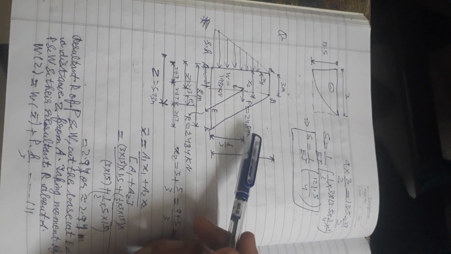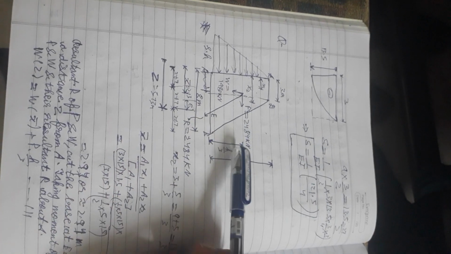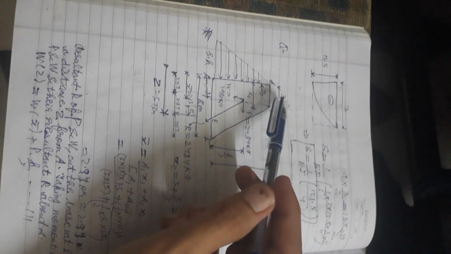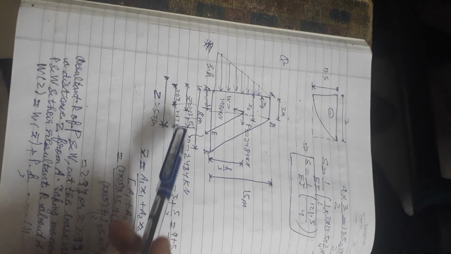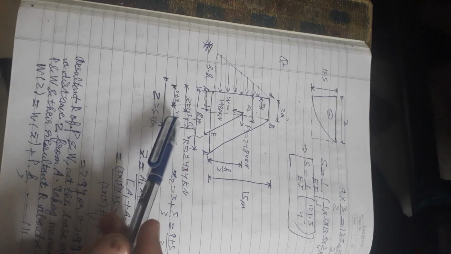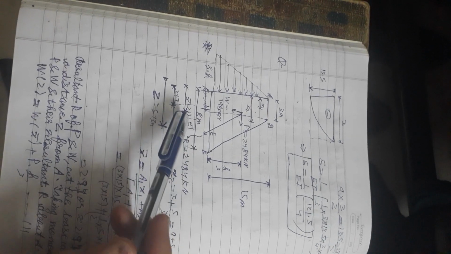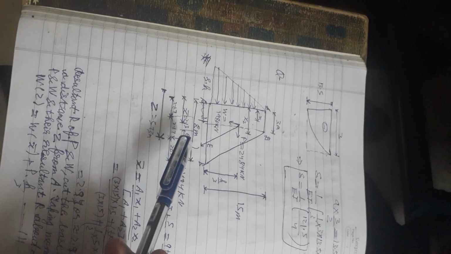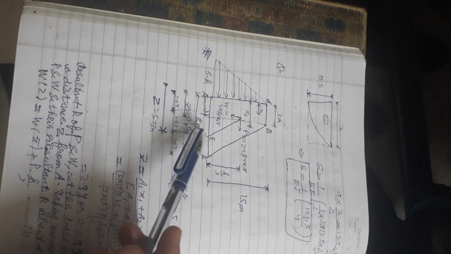P is equal to 2484 kilonewton. W is equal to 1980 kilonewton. H by 3, 15 meter, 3 meter. Here, for example, it is E, it is X bar, which is equal to 2.13, and H by 3, which is 8 by 3, maybe.